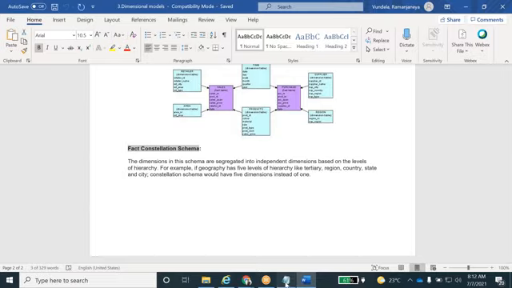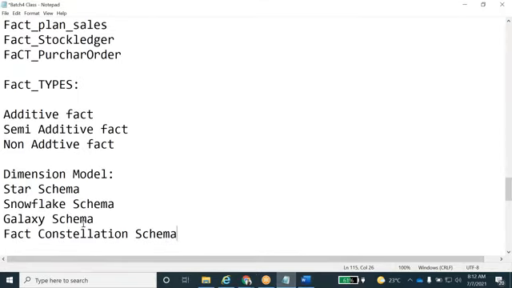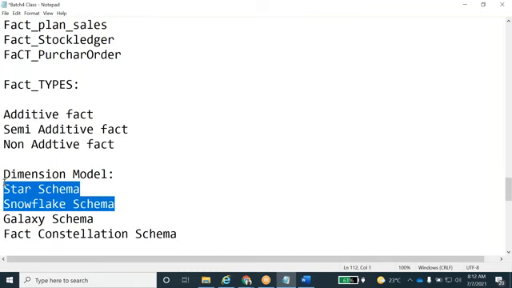So we need not focus on these things. Mainly from the interview point of view or real time point of view, these are the two schemas we are going to use in any project, either star schema or snowflake schema. Even from the interview point of view, they will ask only this question: what is star schema, what is snowflake schema?